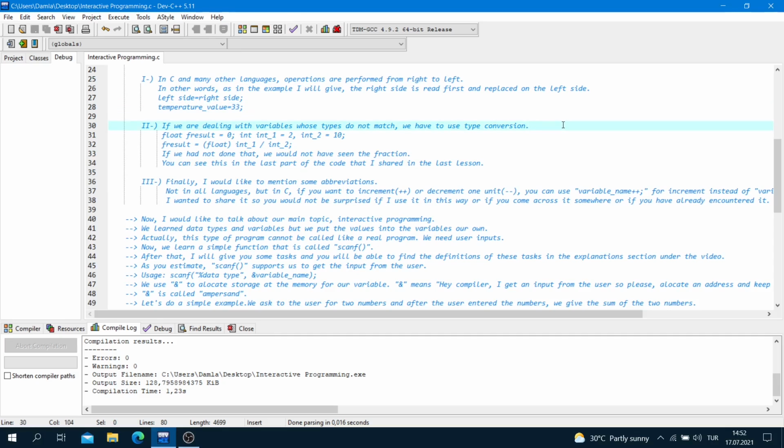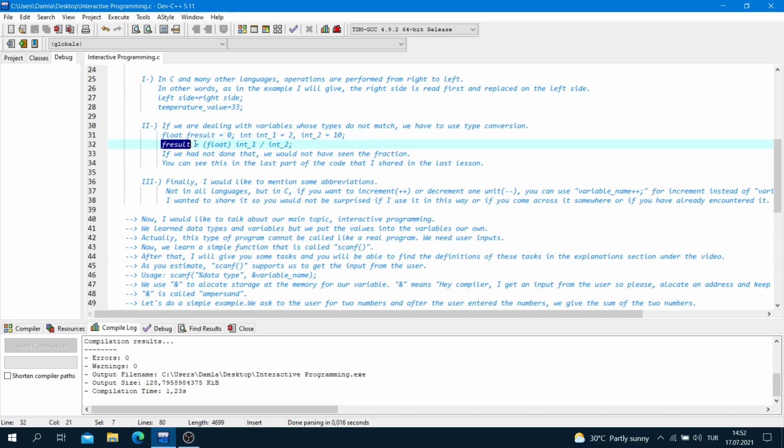Okay. If we are dealing with variables whose types do not match, we have to use type conversion. Float f result is equal to 0. Integer 1 is equal to 2, integer 2 is equal to 10 and semicolon.